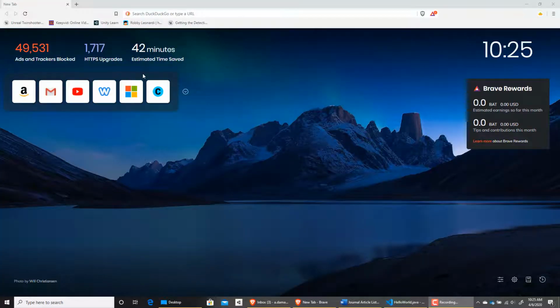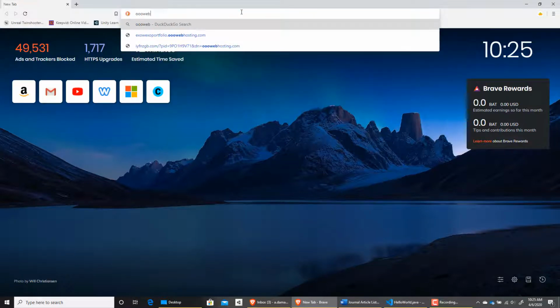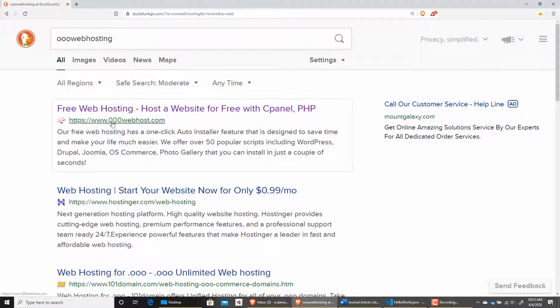So I'm going to show you how to host and build a website portfolio. One of the places where you can load all of your SQL files and CSS and all that good stuff is there's a lot of these free built-from-scratch websites. So for example, 000 web hosting, if you Google that or use your preferred search engine, you'll find this 000webhost.com. If you click on that,